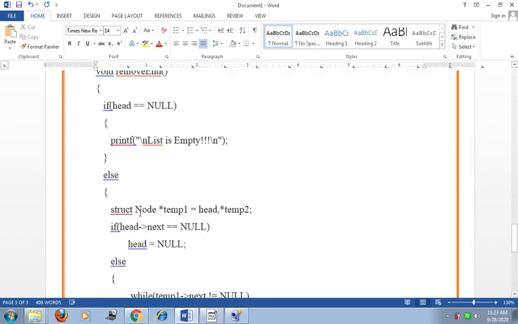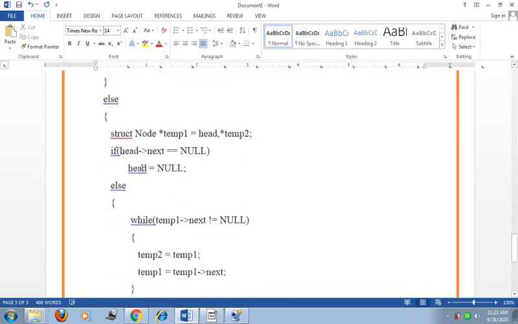Otherwise we create two nodes, temp1 and temp2. To create temp1, we write struct node star temp1 and assign the head pointer to temp1, and we also create struct node star temp2.